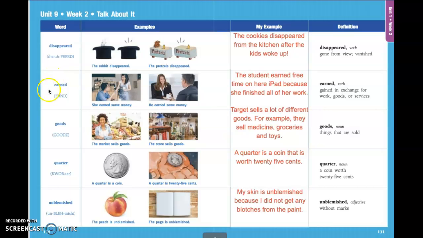Disappeared, earned, goods, quarter, and unblemished. Make sure you guys are writing all of your sentences and drawing your